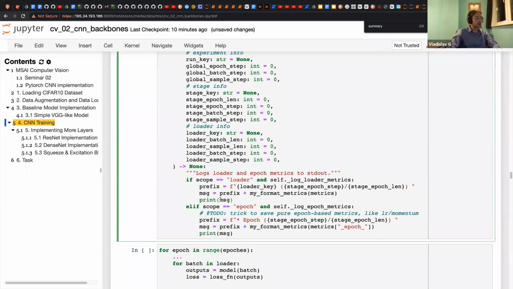Let's, for example, add here loader scope, and then message.